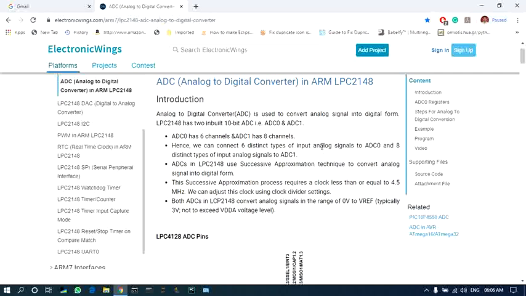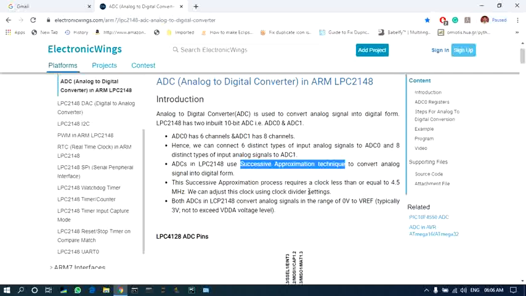You can configure them independently using programming registers. Of course, it uses successive approximation technique for conversion. Another important feature related to ADC is the operating clock frequency, which should be less than or equal to 4.5 megahertz.